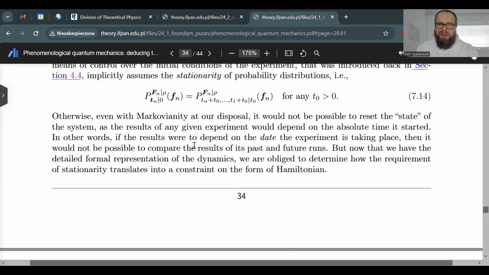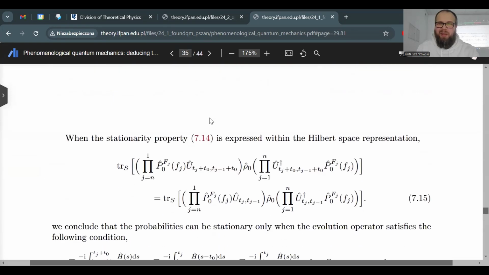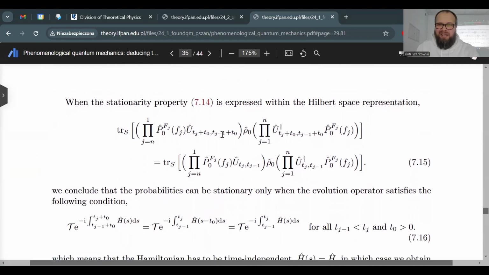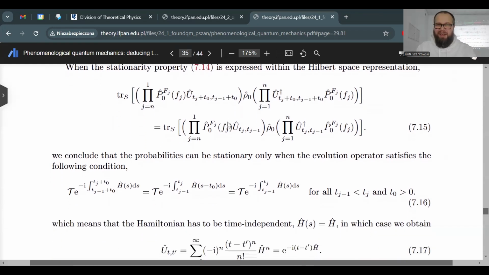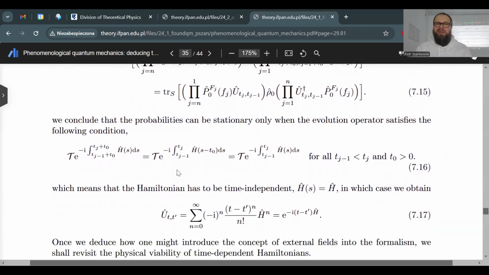So now we rewrite those probabilities in the Hilbert space representation, so we will get this form. You have your propagators, and propagators that are shifted in time by this absolute date, right? And if this equality is to hold for any choice of observables, any choice of times, any choice of initial condition, and so on and so forth, well, then that means that the propagator that is shifted in time, which